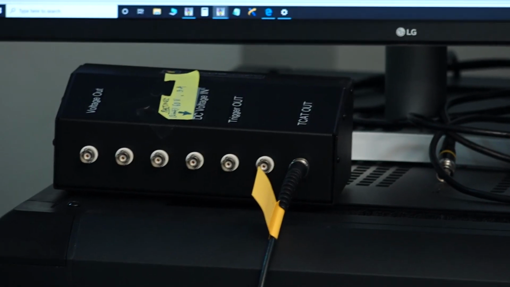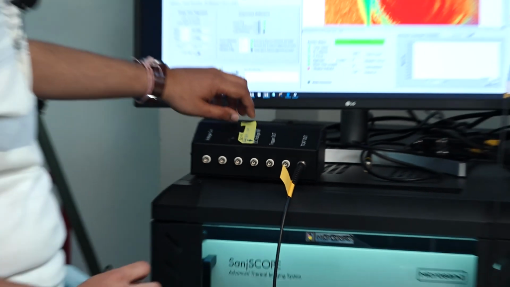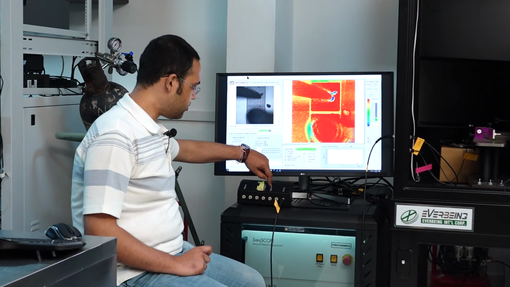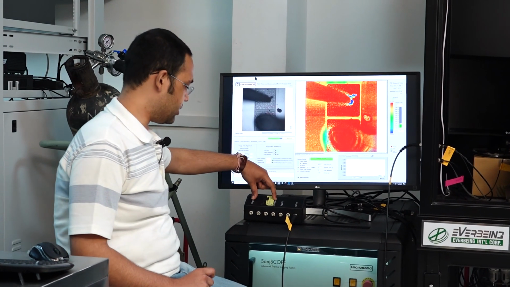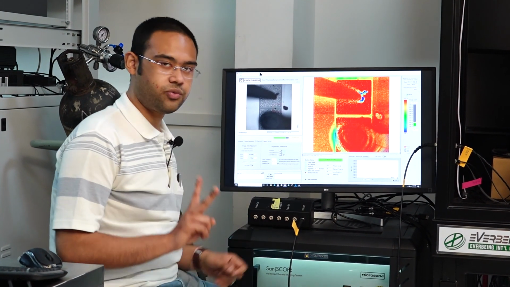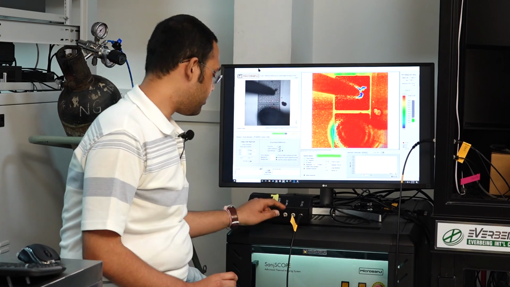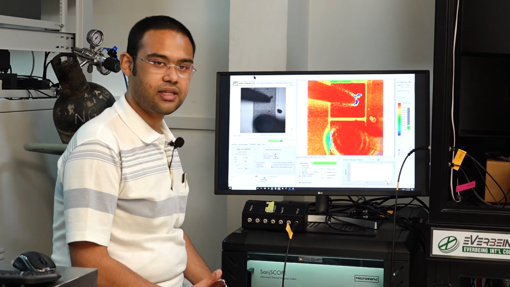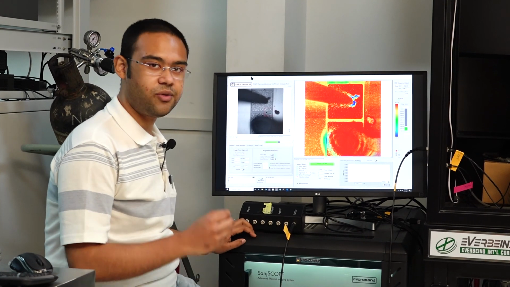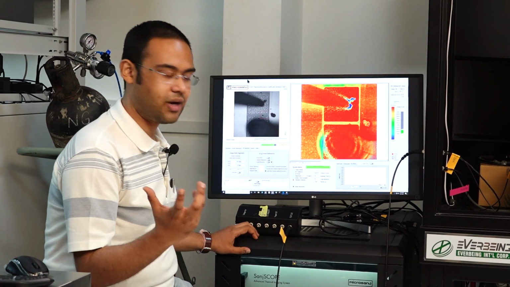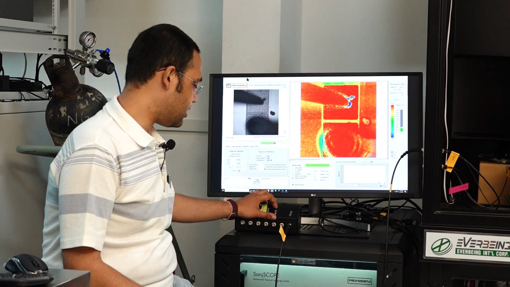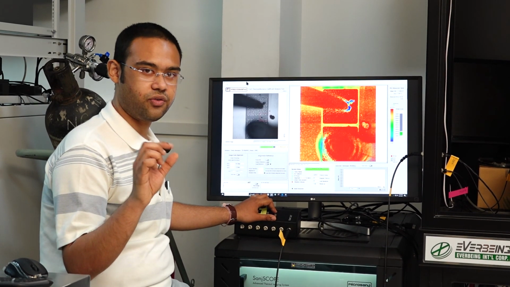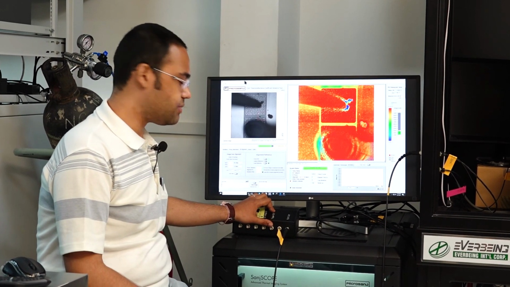Once calibration is done, we are now going to use trigger out, or we can also use these other options. Trigger out has two usages. First, if you want to use an external biasing source, then this system must communicate with that external pulse generator or biasing source. So this trigger out generates a 5-volt pulse to a 50 ohm load to trigger these pulse generators.